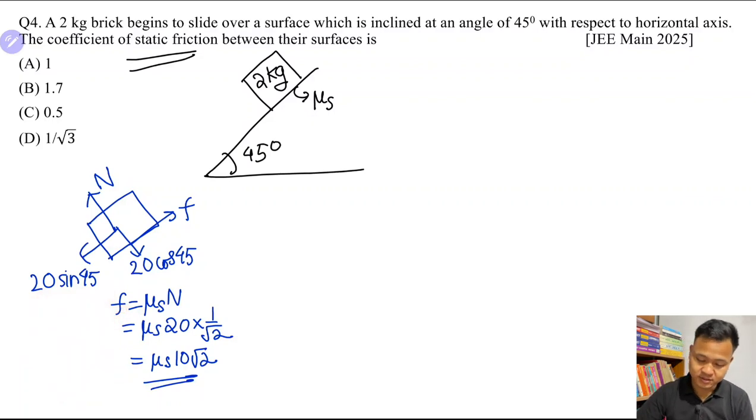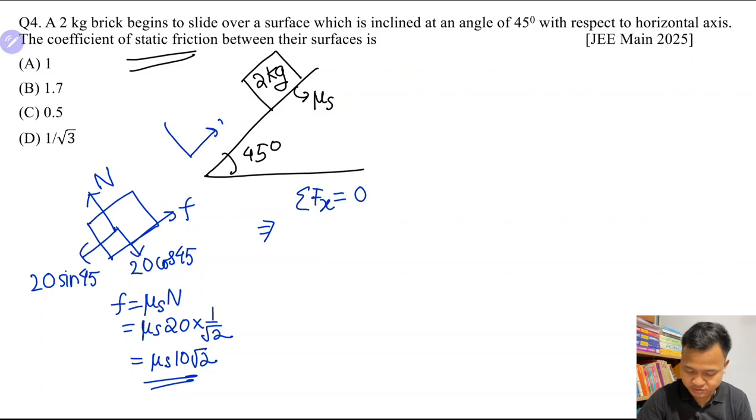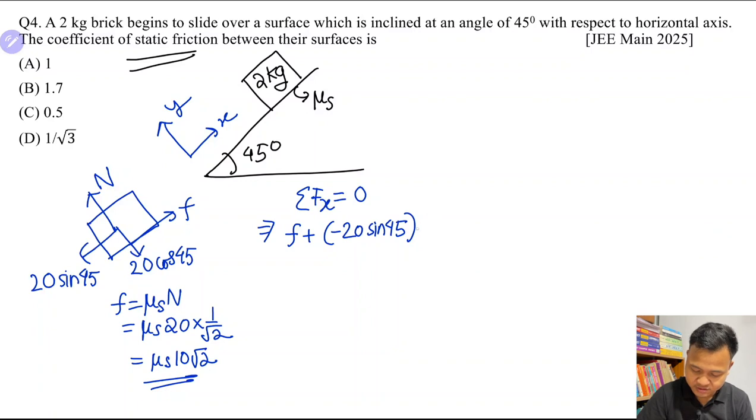Okay, the force equation now. Along the x, net force is 0. There is no movement, it is static. So along the x, Fx equals 0. Sign convention x and y. So here f is positive, minus 20 sin 45, and this should equal 0. So mu s into 10 root 2 should be equal to